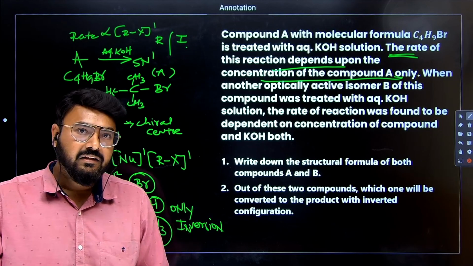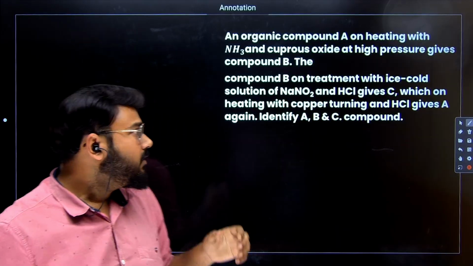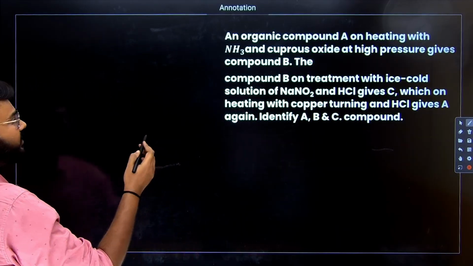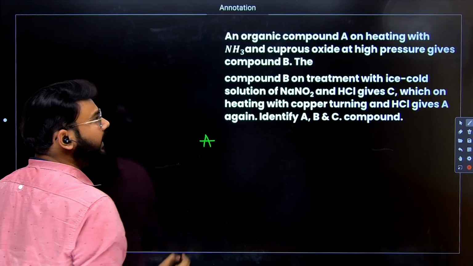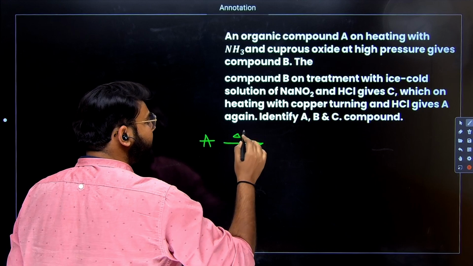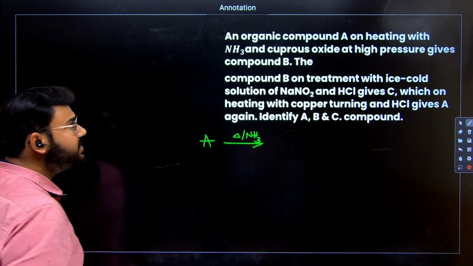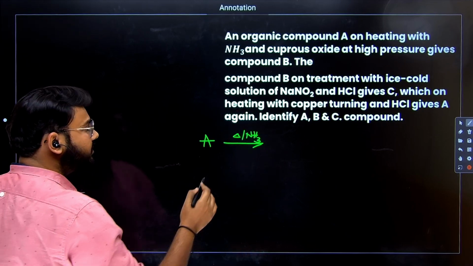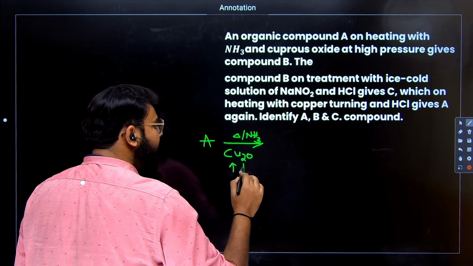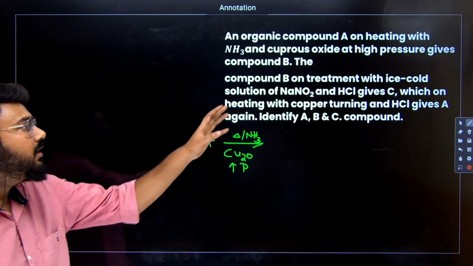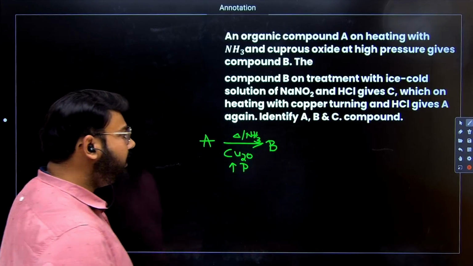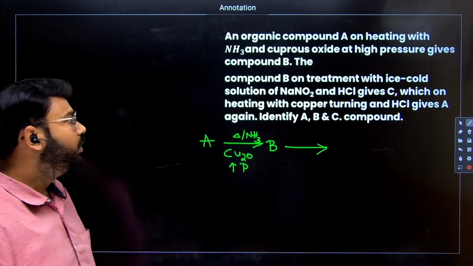Now let's see the next question. So in the next question, we can see it says organic compound A. So let's write it down again. Organic compound A, on heating with ammonia. So you are heating it with ammonia, and also heating it with cuprous oxide, Cu2O, at a very high pressure. Now it says it gives you compound B. Now you are treating it